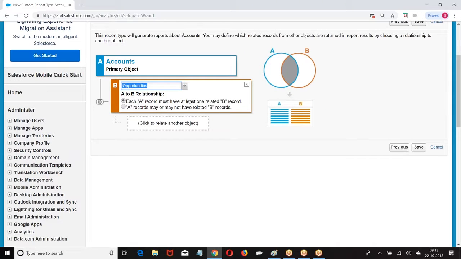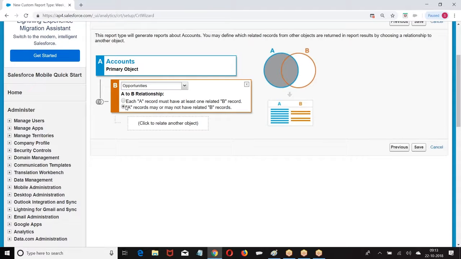Each A record must have at least one B. That means every A should have a B. Only take those accounts which have a corresponding child. If you select the second option, take all the parent records, which have a child or which don't have a child.